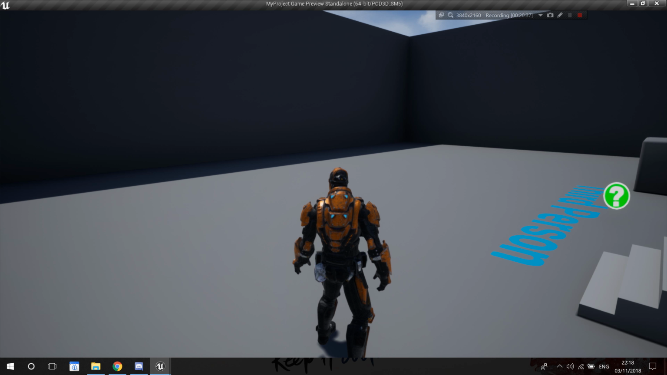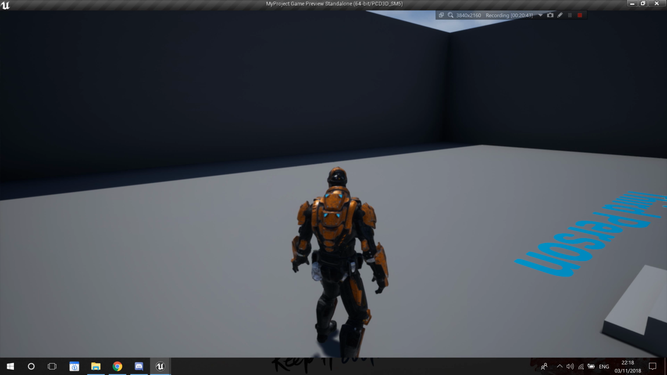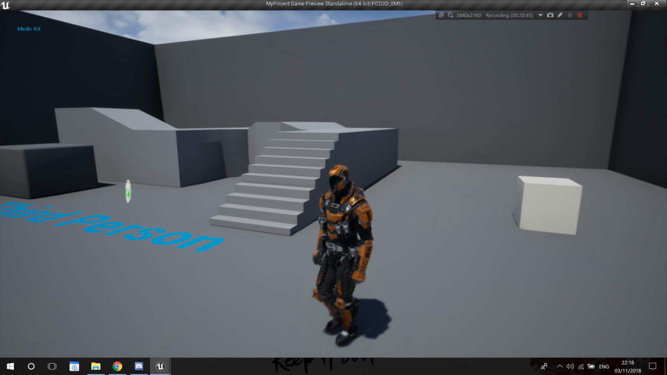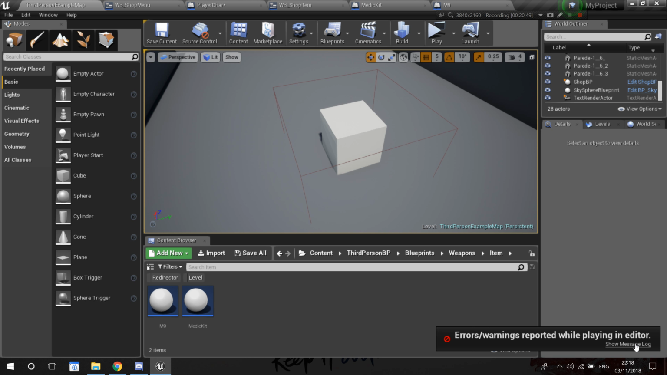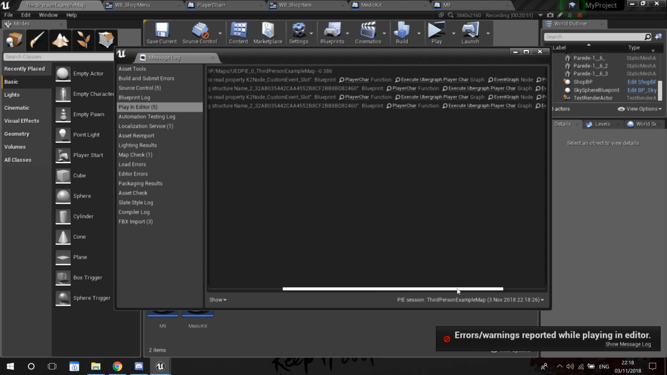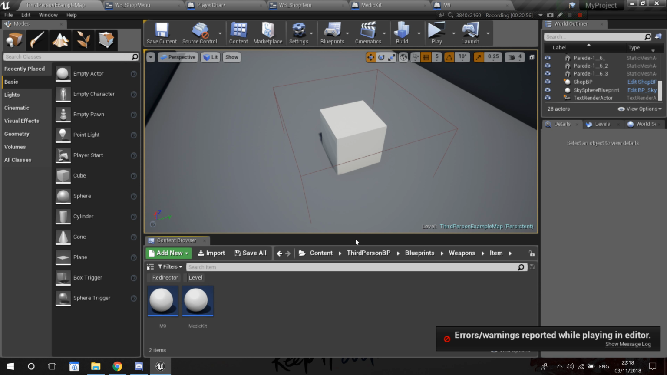Now I'm going to click 1, nothing happens. 2, nothing happens. 3, it says we have the M9, and 4, we have the medikit. So we know that the slots are saving correctly. And actually, okay, these errors are because I tried to use slot 1 and 2 that I have nothing assigned,